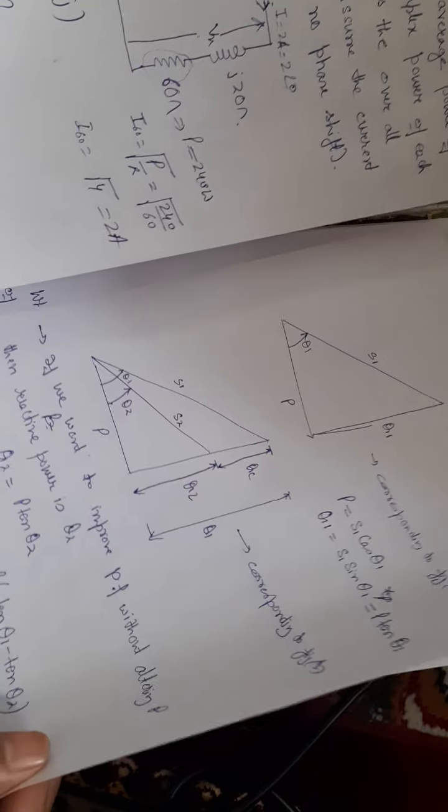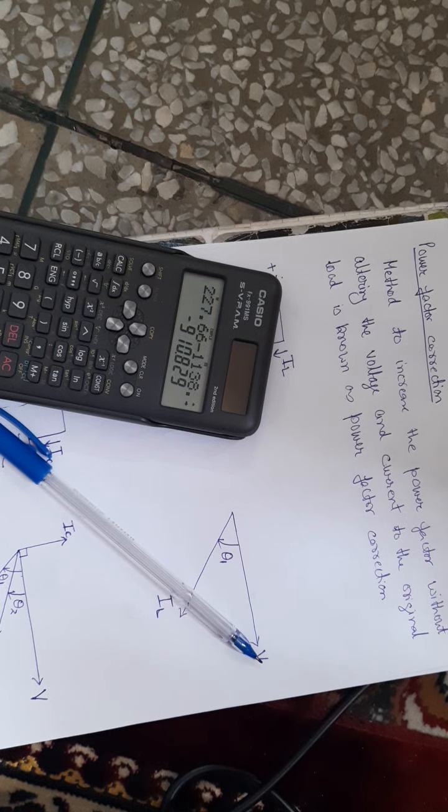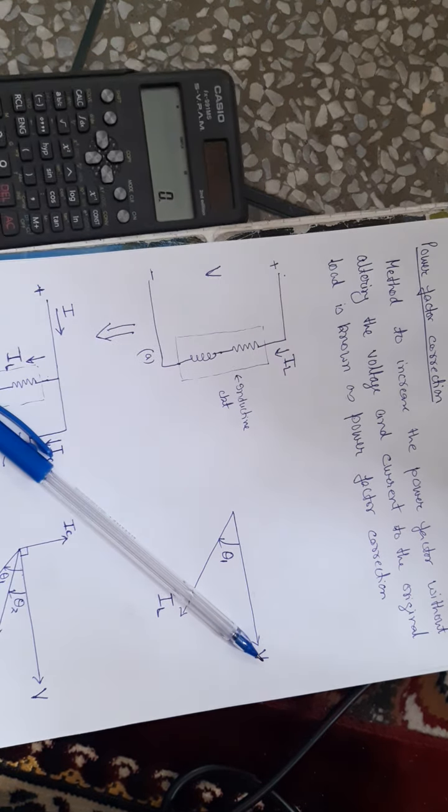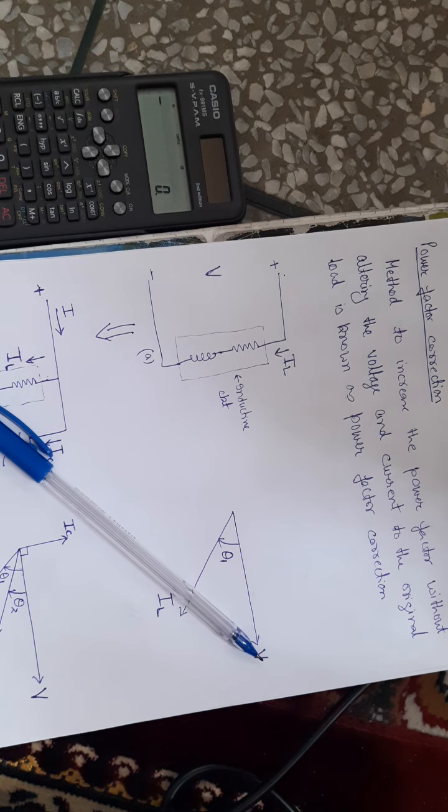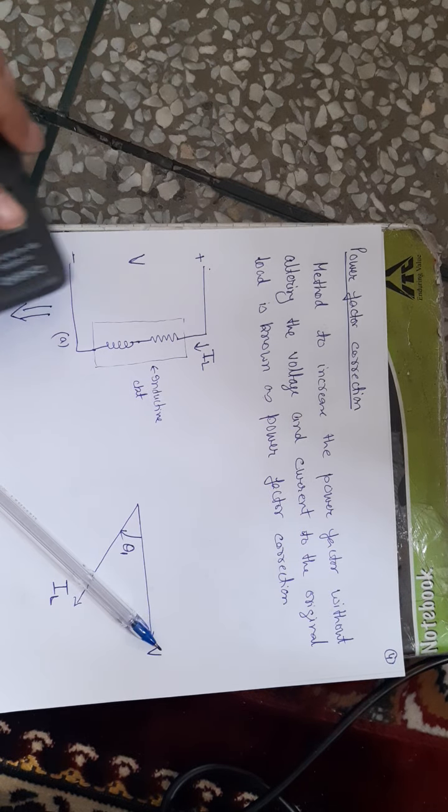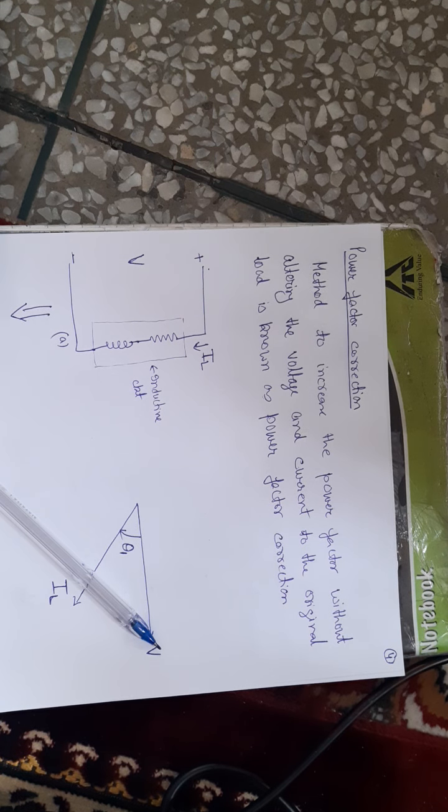So far we have seen that for measuring the power we need the power factor as well, that is the cos phi term. You know that if the power factor is equal to unity, we say that voltage and current are in phase, meaning a resistive circuit. But it is not always possible that the voltage and current will remain in phase.